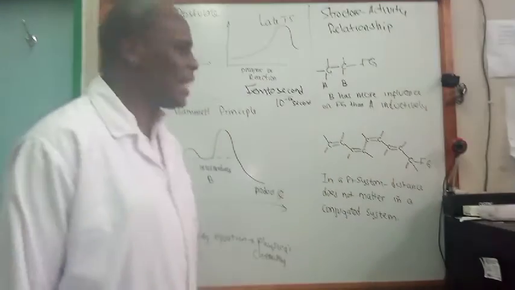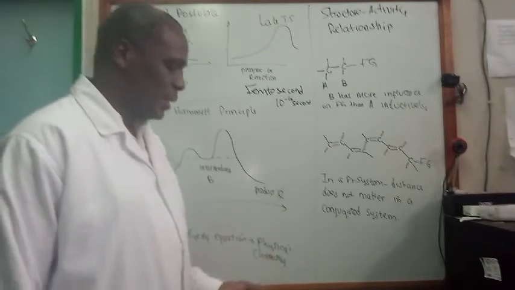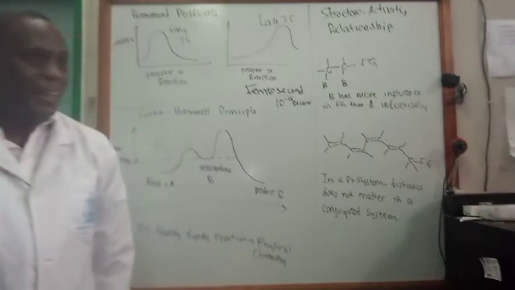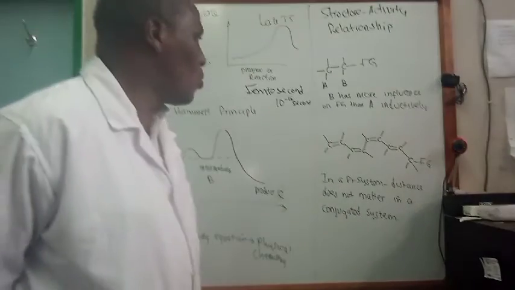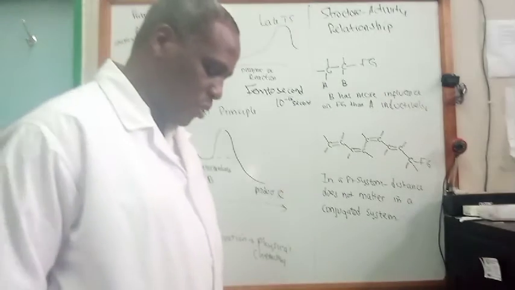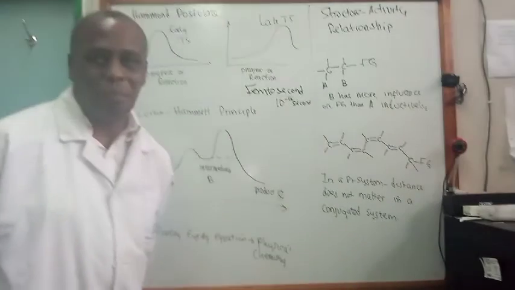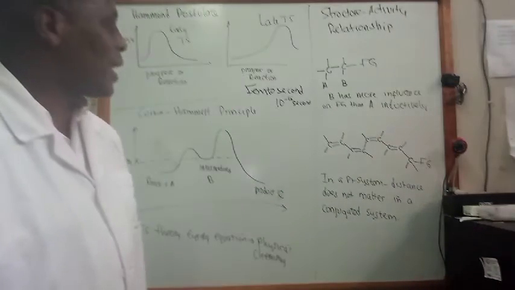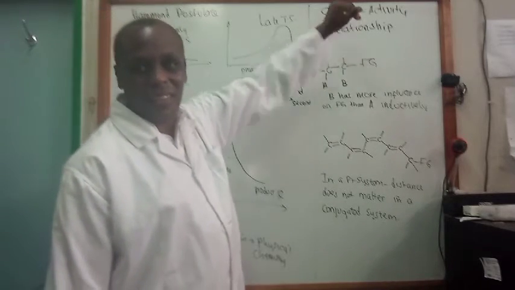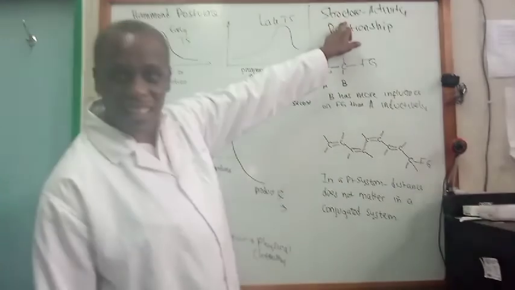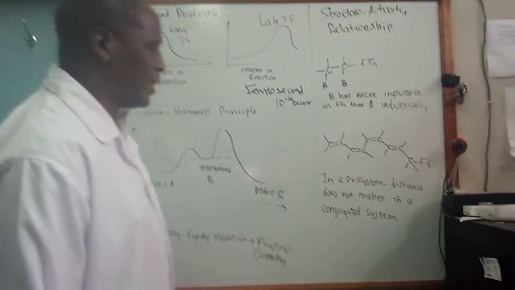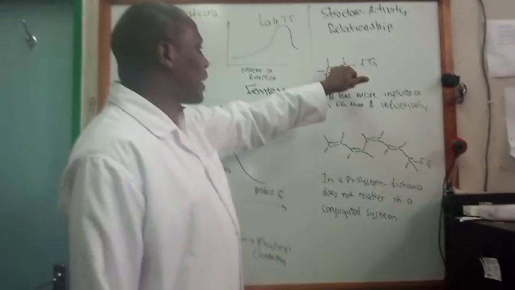Okay. Now, let's begin on this last major topic before we look at the introduction to the molecular orbital theory, and then really focus on the pericyclic reactions. Now, as it's written here, there is the structure. Can you see well? Yes, structure activity relationship. Structure activity relationship. Now, what can you see here?